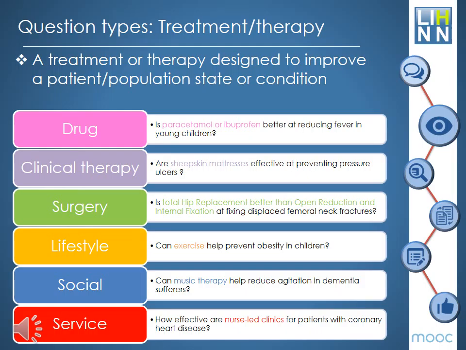Treatments or therapies cover a wide range of activities, from drug treatments such as ibuprofen and other clinical therapies such as sheepskin mattresses, to surgery such as total hip replacements, psychological interventions such as cognitive behavioural therapy, lifestyle changes, for example diet or exercises, social activities such as music therapy, or service-led interventions. Treatment questions may compare one treatment with another to see which is better, or it may not actually be comparing it with anything,